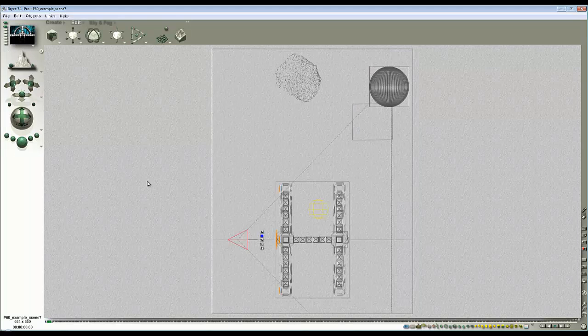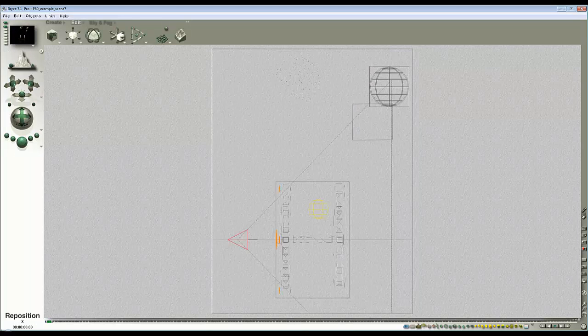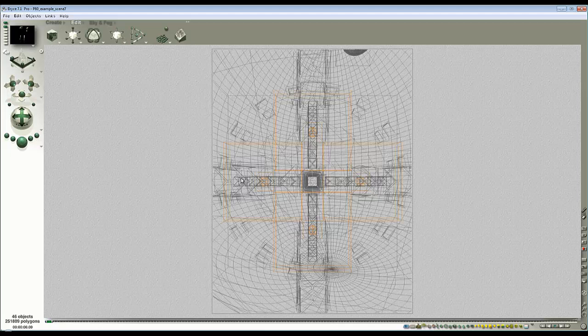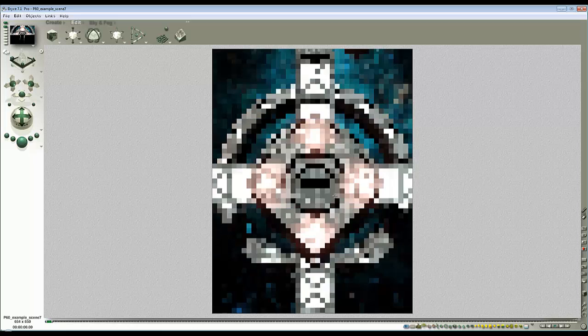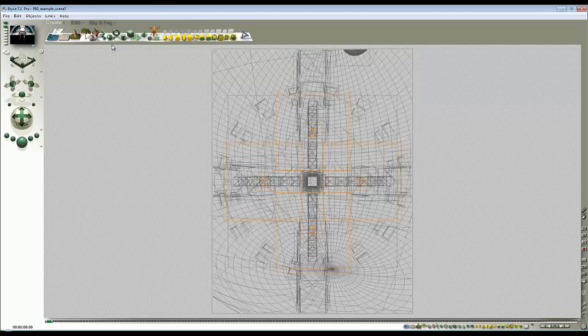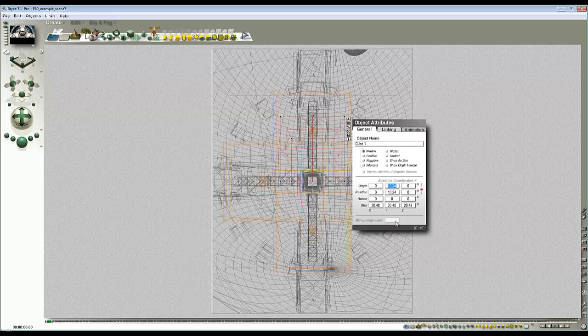So if I bring the camera in a bit closer, try to do it on the Z axis. Here we go, and look at the opening in greater detail. I can line that with my effect. That's my idea. So I'm going to create a standard Bryce cube and drop that down onto the origin, and